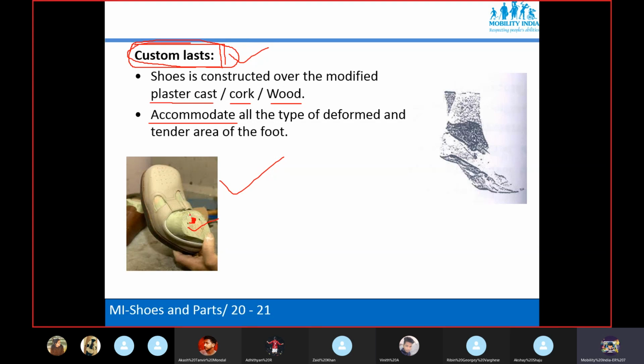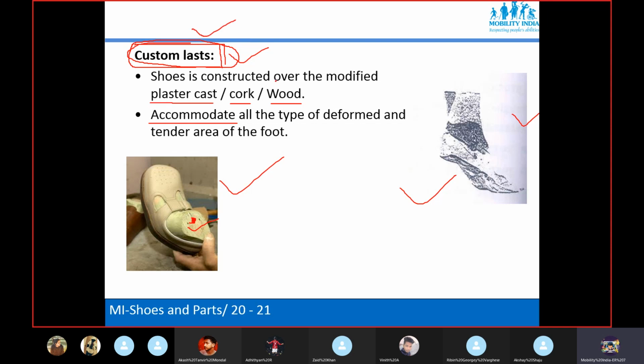Any question? And this one is the plaster of Paris shoe last. This is made of plaster of Paris powder. And this one you can see that the foot is deformed and the shoe is designed over that for a particular person. So this is the custom made. This shoe last is available in two forms.